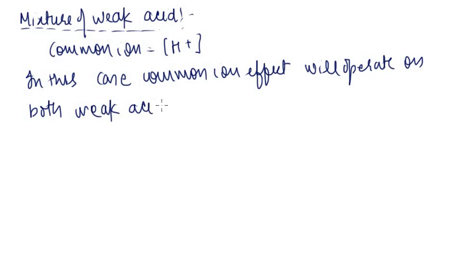So common ion effect will affect both the alpha of the weak acids, right? We have seen the common ion in one should be strong and another should be weak, but it will affect only weak. When both are weak, then it will obviously affect both of them,